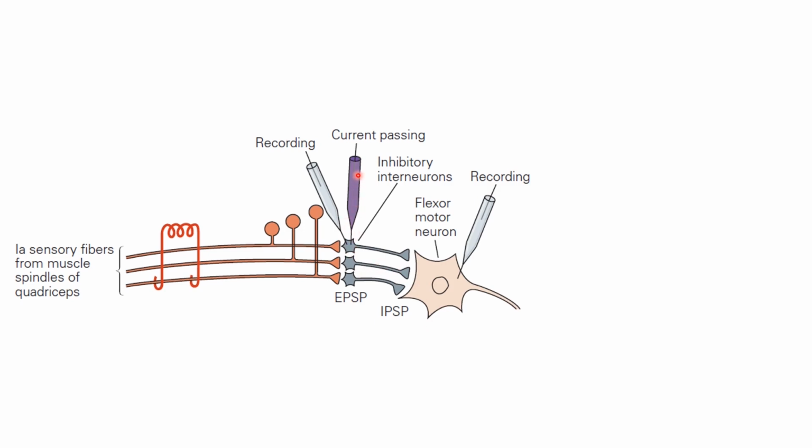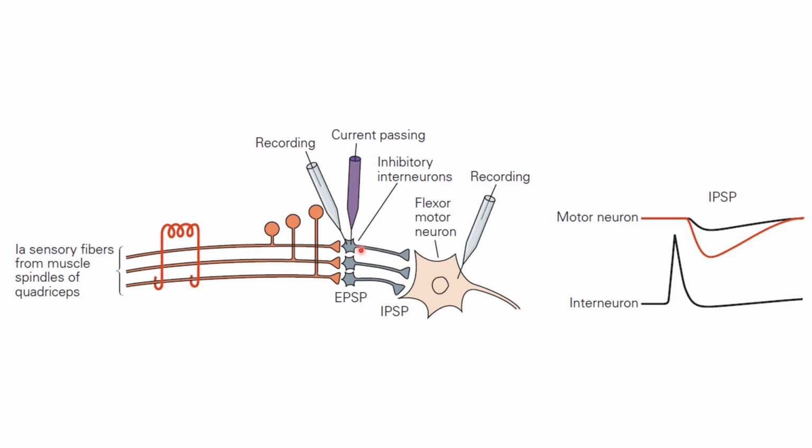So if we inject current in one of these inhibitory interneurons, what effect do we expect to see on the motor neuron? Well, since this synapse is inhibitory from the interneuron to the motor neuron, we should see a reduction in the membrane potential of the motor neuron if an action potential is generated in the interneuron. And that is what we see. So if you have an action potential in the interneuron, you see a small inhibitory postsynaptic potential in the corresponding